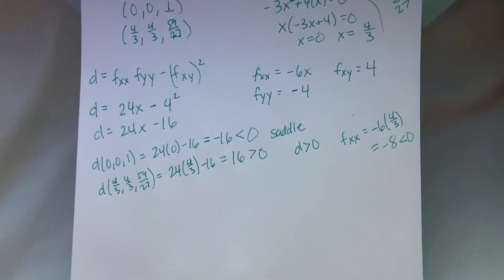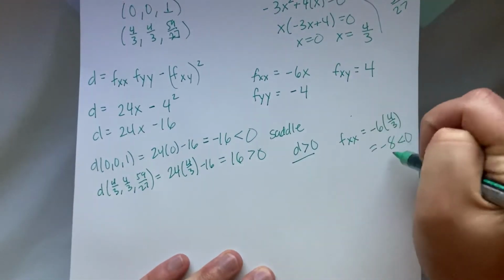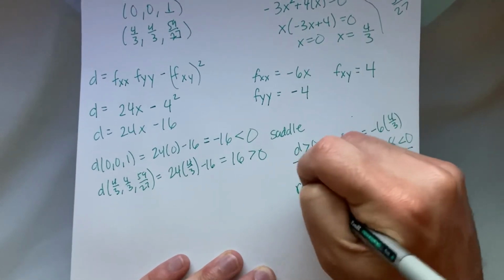So what happens when our partial derivative for x is negative and our D is positive? It says if both are positive, you have a minimum, but if D is positive and the second partial derivative with respect to x is negative, you have a maximum. So these two together mean we have a relative max